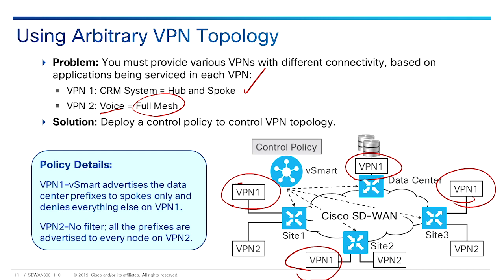Because a phone over here needs to talk to a phone over here. And there's no reason to route that voice audio stream through the data center. All right, so remember this is MPLS, so the underlying topology is already any-to-any. So the control policy is going to be pushed to all involved sites and defines the following for each of those VPNs. VPN 1, spokes are going to receive only the data center prefixes, not the prefixes to the other spokes, just the hub. So VPN 1 is going to receive just the VPN 1 prefixes from the data center. Okay? VPN 2, every spoke receives information